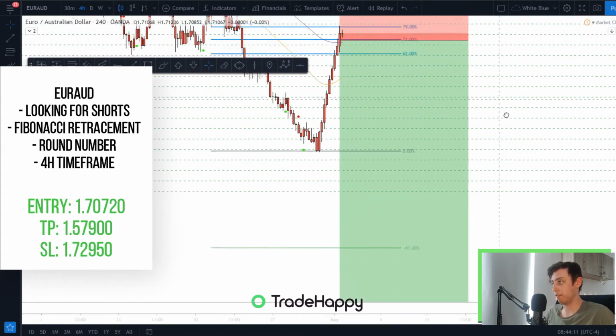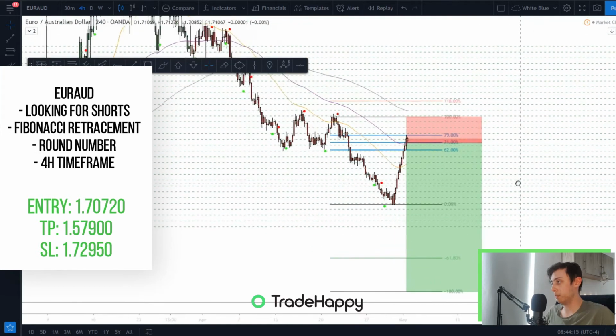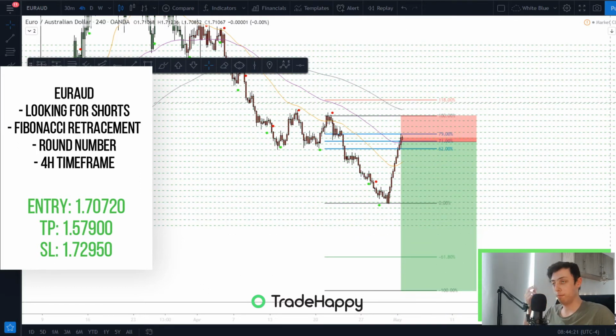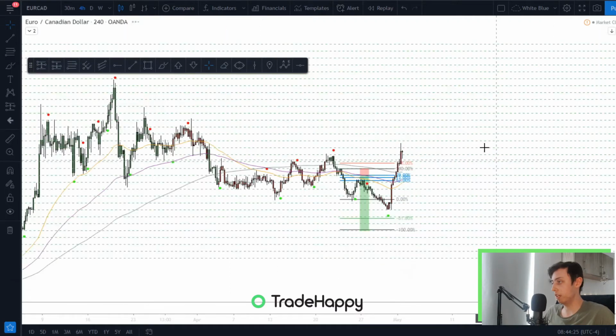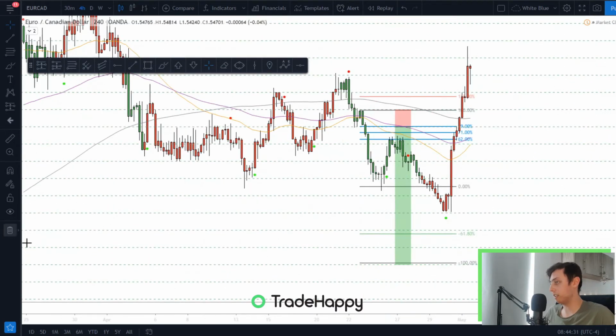So this trade is actually 5, almost 6-to-1, which is really, really nice. As you can see, downtrend, 70 mark, enter, and just hold. So that's a trade for next week, EURAUD. The next one is EURCAD. As you can see, another one where we didn't actually make that 70 mark.